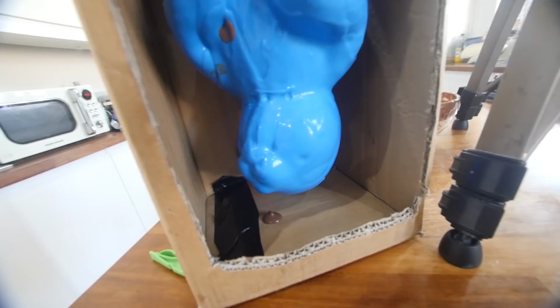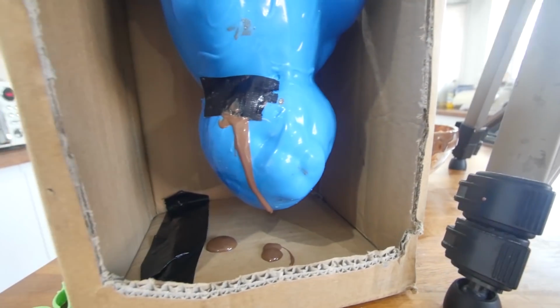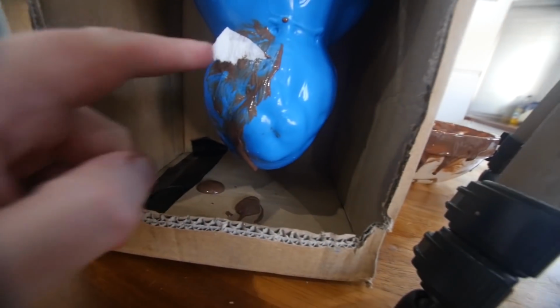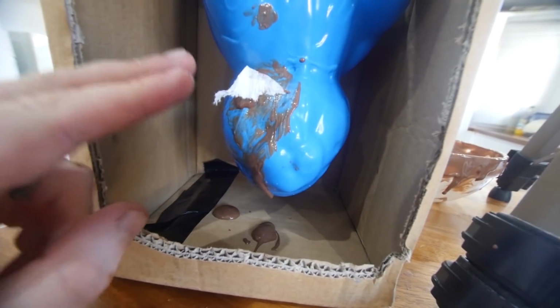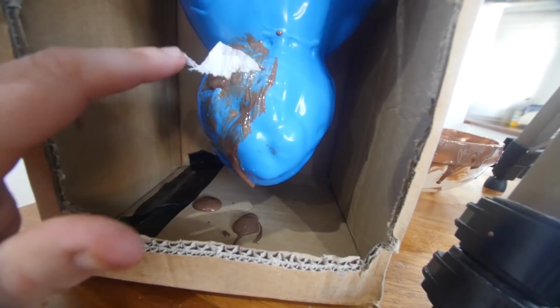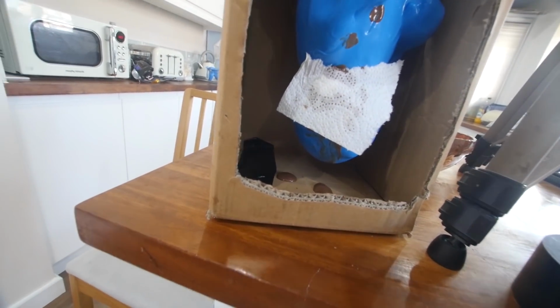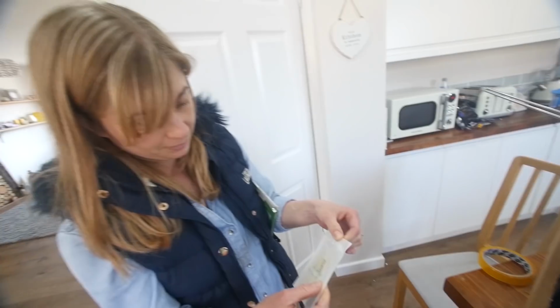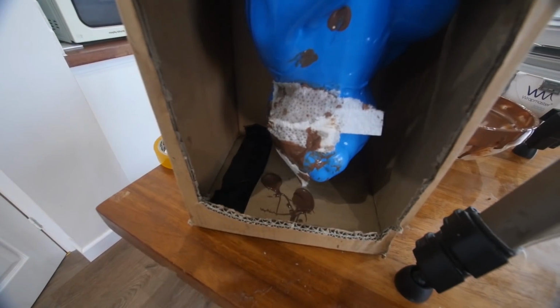Look, my hole's leaking. I need to sort that out urgently. Looks like little chocolate tears running down the rabbit, but I've put some tape on it to stop it leaking. All right, little update. The tape didn't work that well, but just like someone who's cut themselves shaving, I've got some kitchen towel and dabbed it on there, and it seems to be sustaining it way better than the tape. Okay, that little patch of kitchen towel has now turned to more of a serviette, but it does seem to be stopping it. You're suggesting using a plaster because it's still leaking, guys. This is not good. I've changed it. I've made loads of tape and...